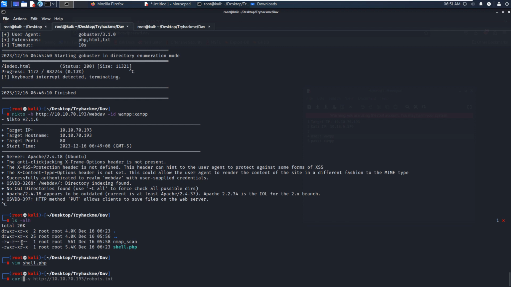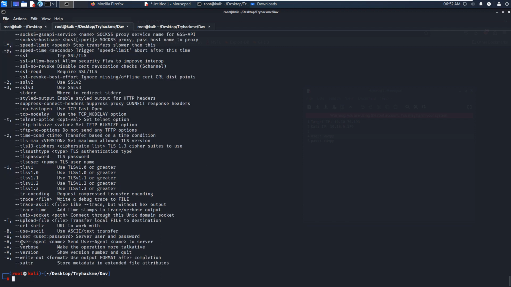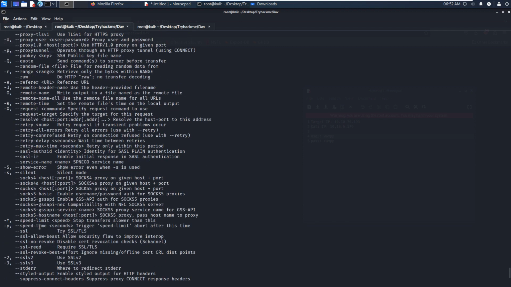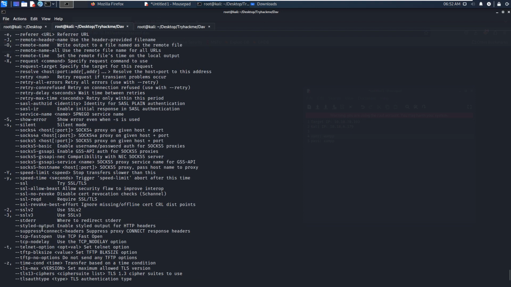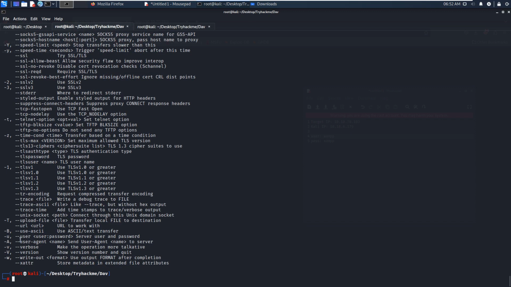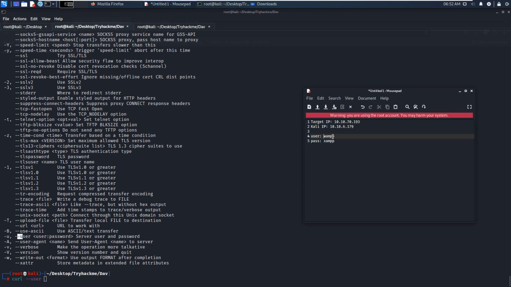However, curl itself includes help or instructions, and we can use the help. I think first we need to specify the username and password, right? So we can use curl, and the user should be, yeah, I just copy the username